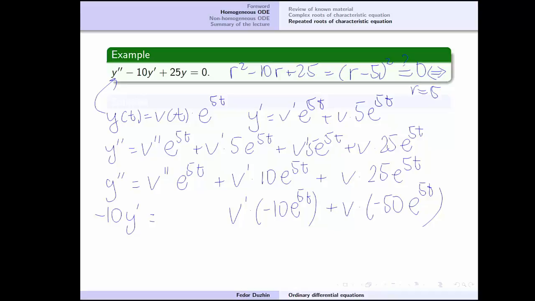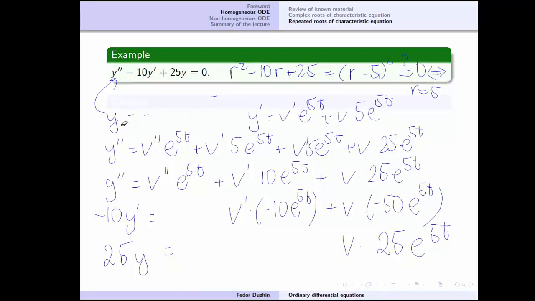Right? 5 times 10 is 50, minus 10 is 50. Okay, and then 25y equals v times 25 e to the 5t. Alright,